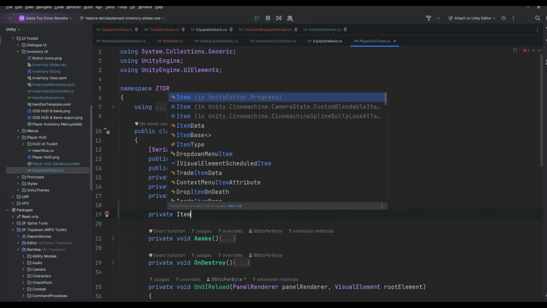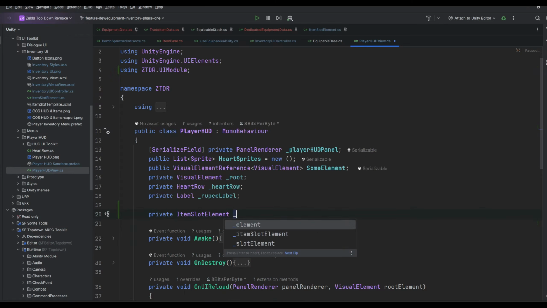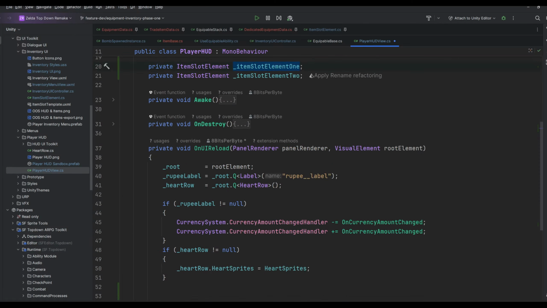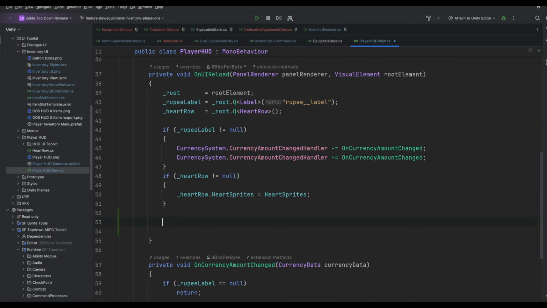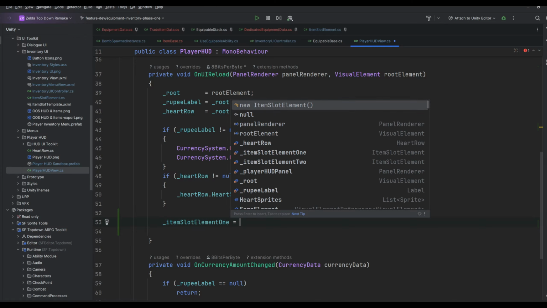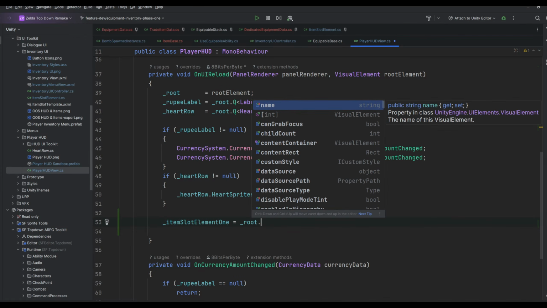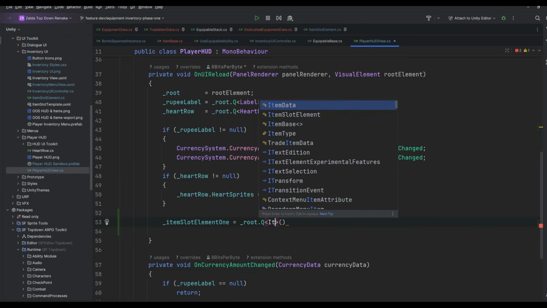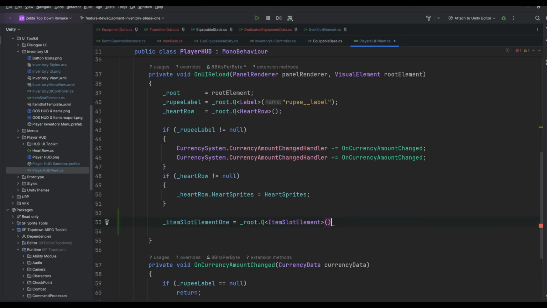Oh god, I don't even remember the name of the freaking thing. Yeah, like I said, still recovering. Item slot equipment 1, and then we'll just say equipment 2. And what we'll just do here is on UI reload equals root dot query. I'll just say item slot. Actually, we're gonna do this item slots. The reason why is